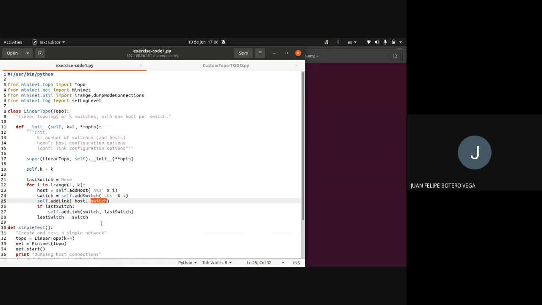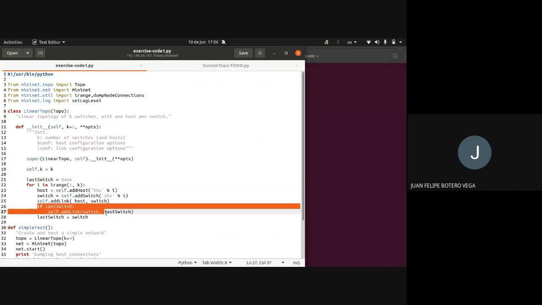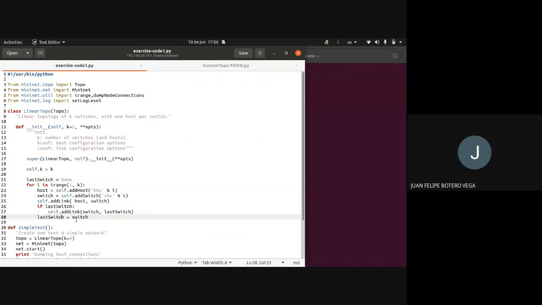And what is missing, I'll have to connect the switches, switch 1 with switch 2, switch 2 with switch 3, and so on. So each time, if I have a last switch... the first time I don't have a last switch, right? For instance, the first time I don't have a left switch, so it will enter this if, and the first switch 1 will be assigned a switch. Then the second time I will have a last switch, which will be switch 1,